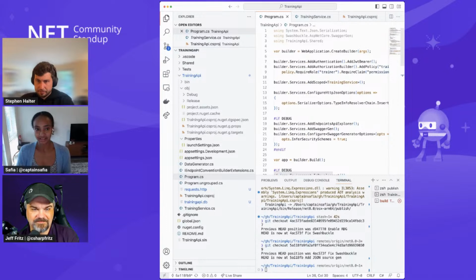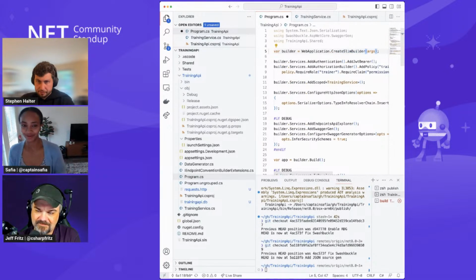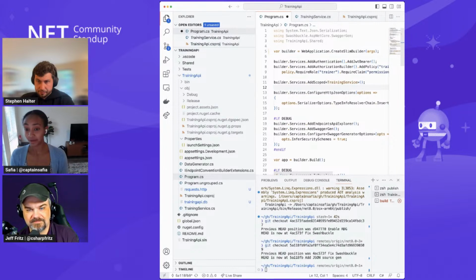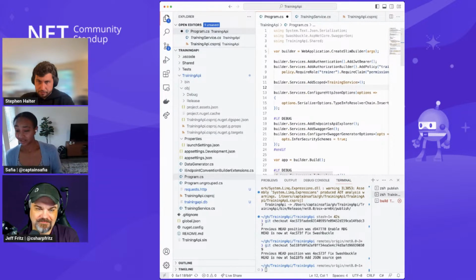One of them is CreateSlimBuilder, which is another wonderful artifact from our API review sessions. So by default, when you create a web application instance using this minimal hosting API, the web app that you get is configured with some defaults. You get a developer exception page. You get a ton of sane defaults, but they might not always be applicable to you. Like you might not need a developer exception page in production. You might totally be fine just getting raw exceptions thrown at you even when you're developing locally.